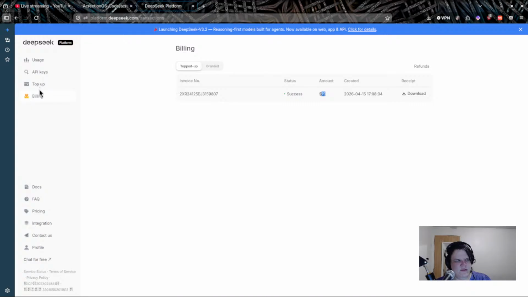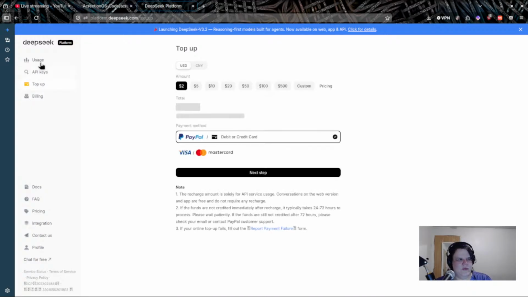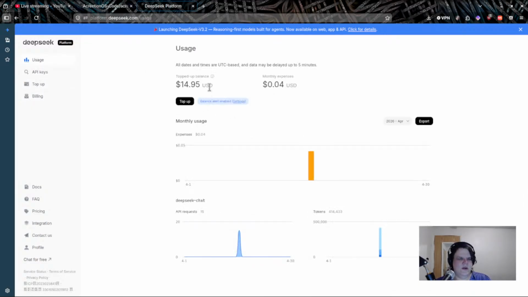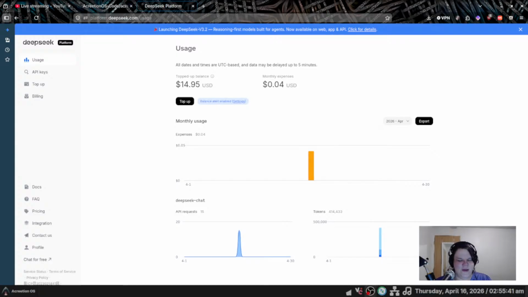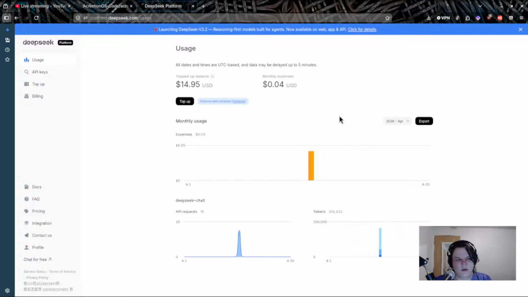That's how much I put in today. I need to hit usage. Okay, I've been using DeepSeek for about 4 hours, and I used 4 or 5 cents. That's crazy. That's insane to me.